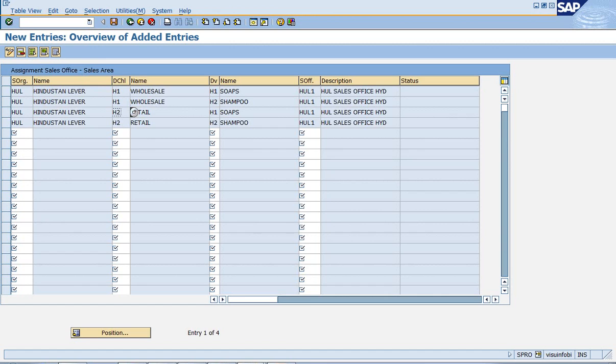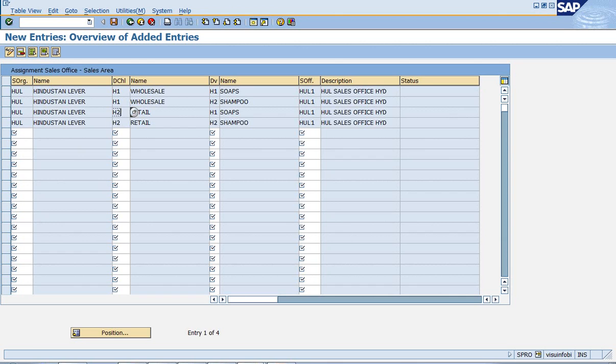If a company decides that soaps should not be distributed to retailers, then we cannot do the assignment. Yes, in the assignments, there is no need of maintaining that.